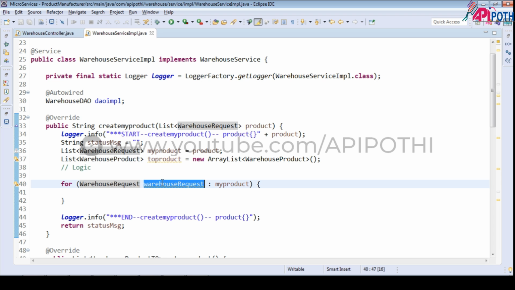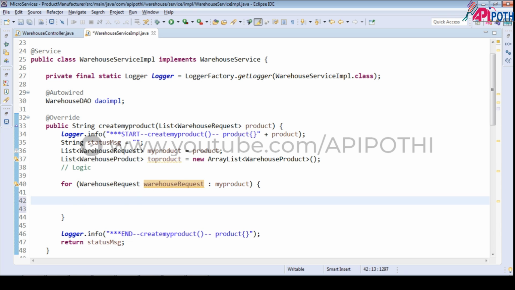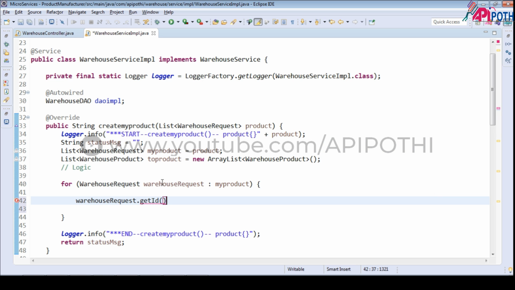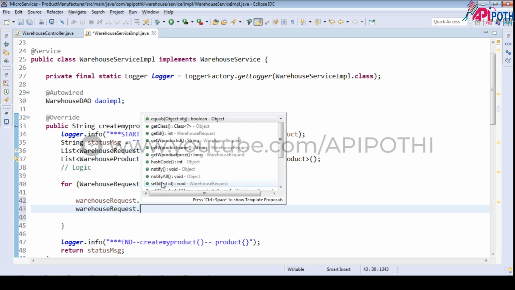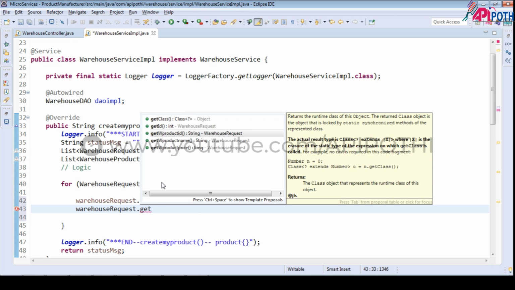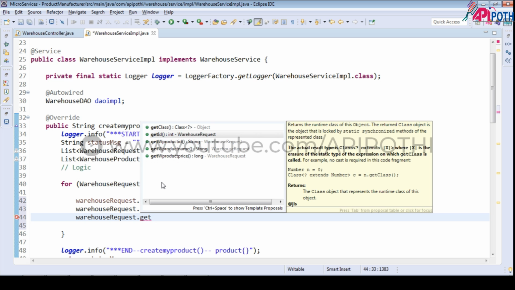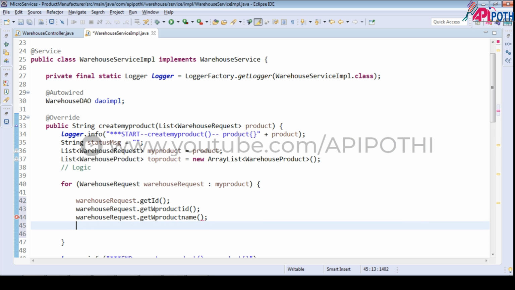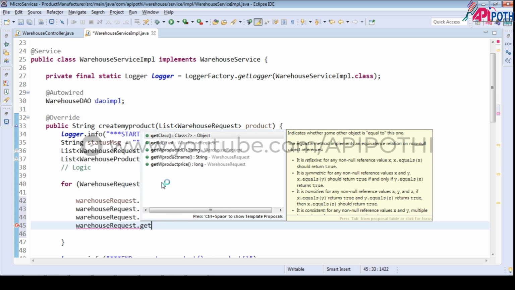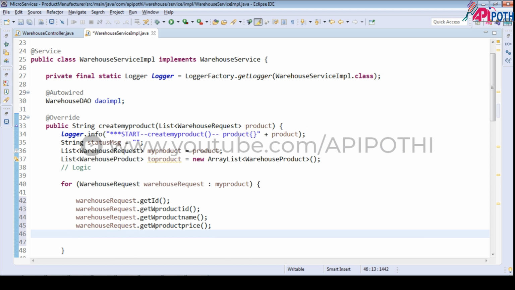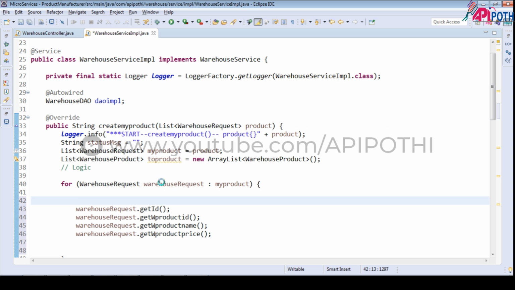Now from this request we are going to get all the details: get product ID, get W product ID, get W product name, get W product prices, and all these things we are going to set into our entity class, which is nothing but